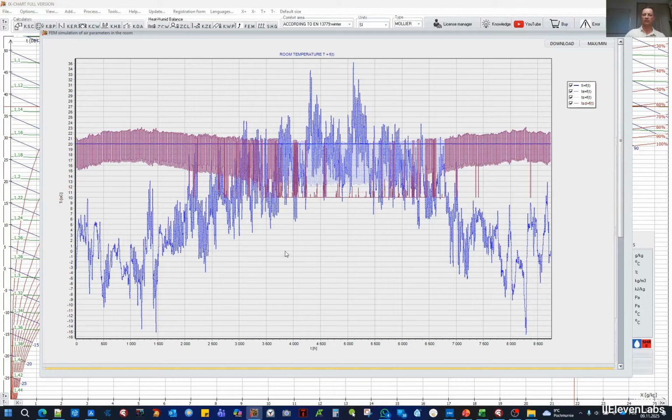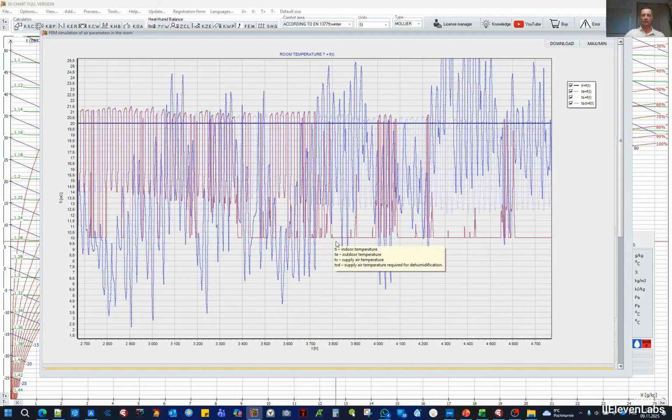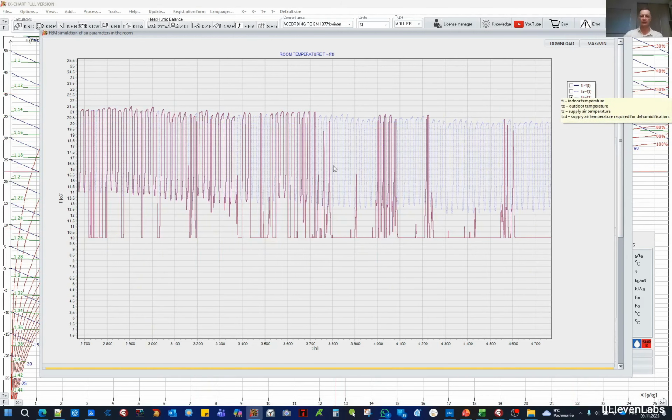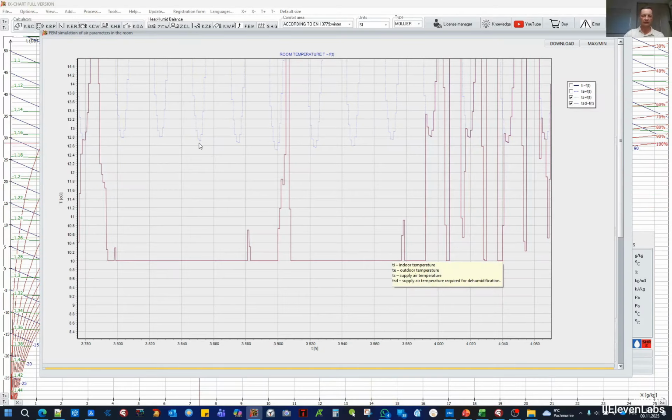And here we have the temperature that is necessary to maintain the relative humidity in the room, which we set at 45%. And what do we see here? We see that there are moments, when I turn off these two graphs, when the temperature of the supply air, due to dehumidification, would have to be lower than the air temperature necessary to maintain the temperature. And this difference actually shows us the efficiency or the temperature difference that must ultimately be covered